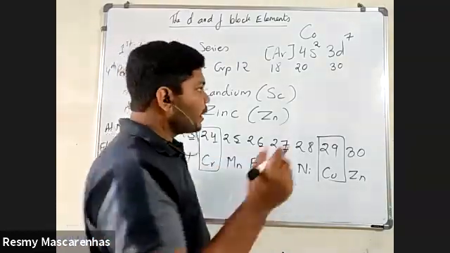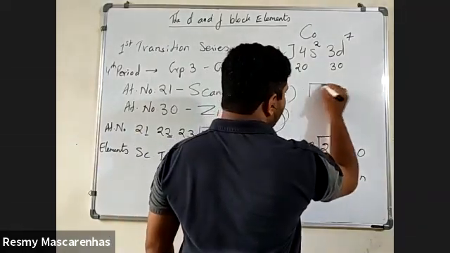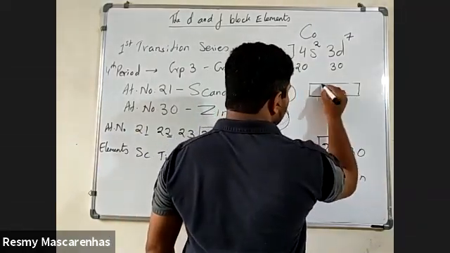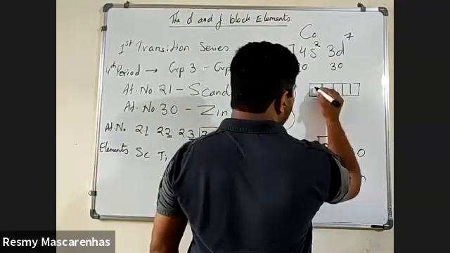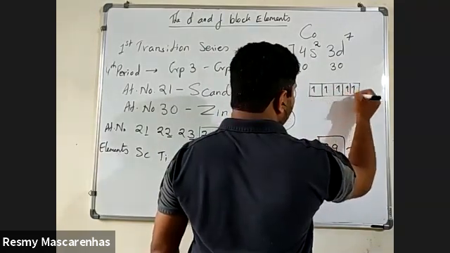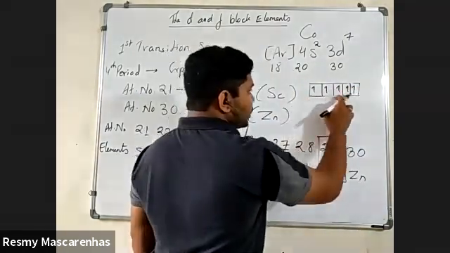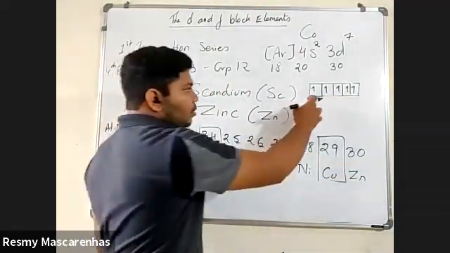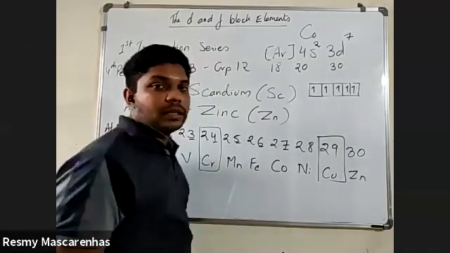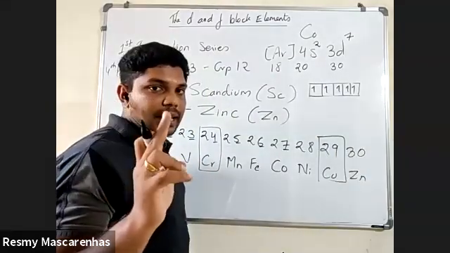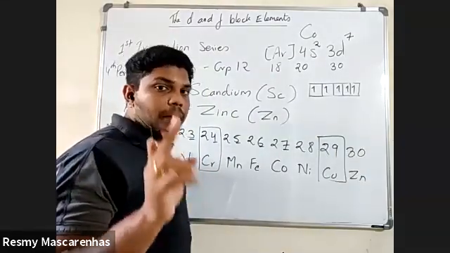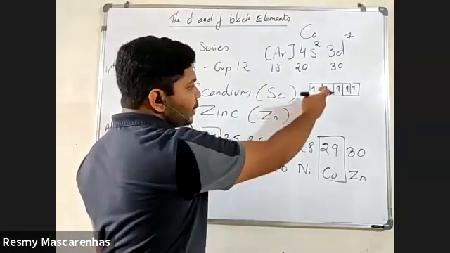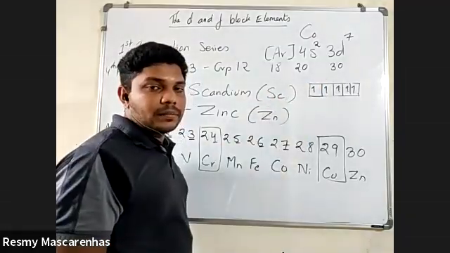Now, which is meant by paired and which is meant by unpaired, I'm going to tell you here. Now, suppose this is a d block element, whenever only single electrons are there like this, then these are called unpaired electrons. Whenever a single electron is there, it is called an unpaired electron. So in this case, how many electrons are unpaired?